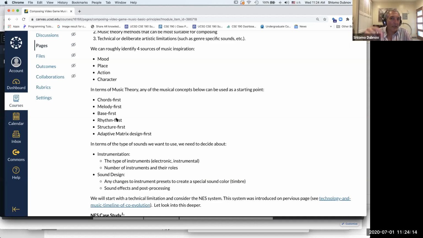So you can go and create the bass first, and some of the music techniques like figured bass, which was a very common way of writing music in the Renaissance period, was actually using this. They would give you the bass notes. They will give you maybe some clues about what chords could be written. And then from bass, you will derive the chords and the melody.